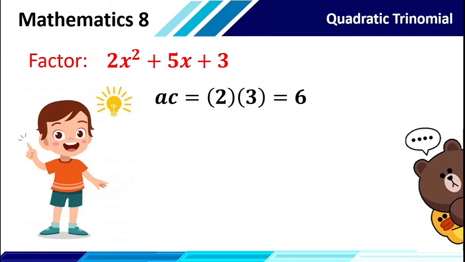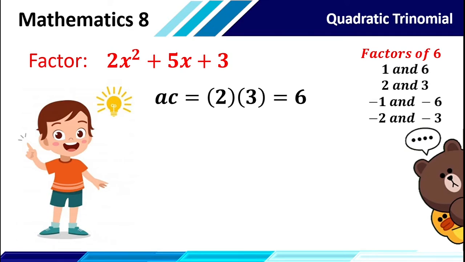As you can see, the value of A is 2 and the value of C is 3. 2 times 3 is 6. Therefore, we will look for the factors of 6. Here are the factors of 6. We have 1 and 6, 2 and 3, negative 1 and negative 6, negative 2 and negative 3. From these factors, we need to find two numbers wherein when we add, the answer would be 5,